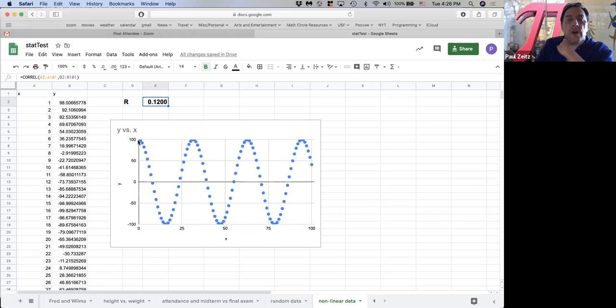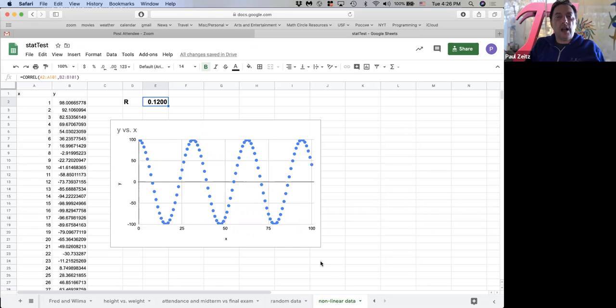So again, the association, you wouldn't say there's a positive association or a negative association, but you would say there's a rock solid association, in other words, there's a total predictability between X and Y. Okay, complete predictability.